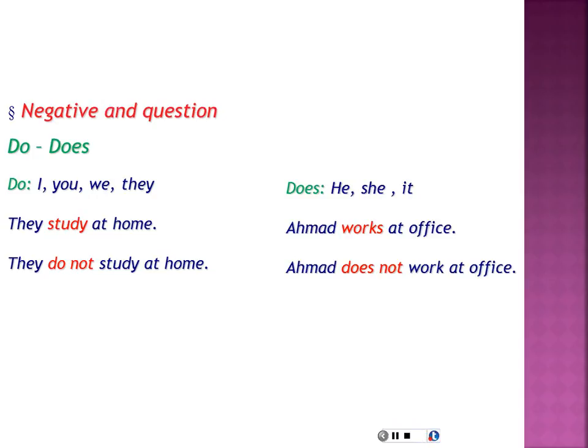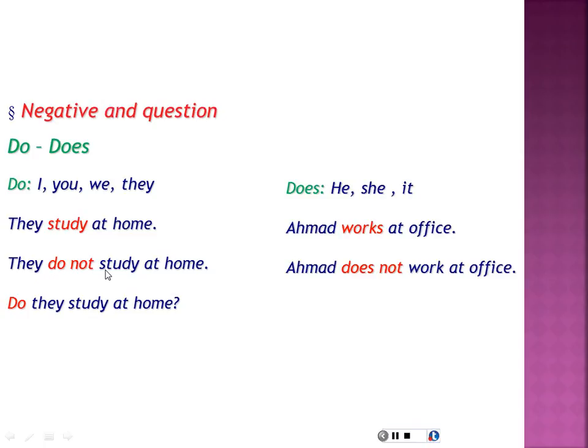Okay, but how we make questions؟ عندما يكون عندنا هذه الجملة لا يوجد فعل كون or is or are, we don't have a verb to be in the sentence, so what do we do? So in this case, let's see what do we do. So we add do at the beginning. So they study at home, they study at home, the same, but we add do at the beginning. So do they study at home؟ هل هم يدرسون في المنزل؟